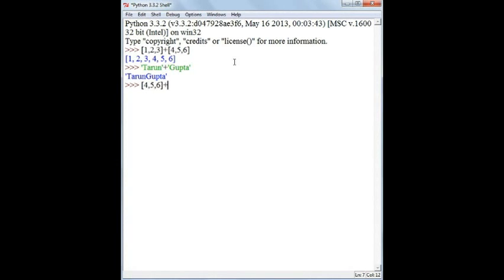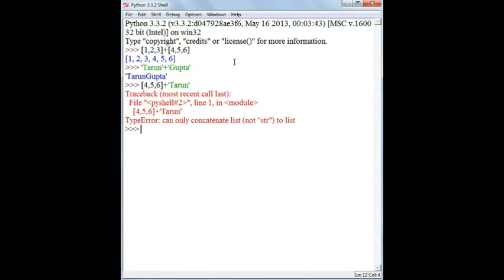Let's try to concatenate it with a string and add them. Press enter. When you press enter, you see an error message. What does it say? Type error. Can only concatenate list to list, not string.